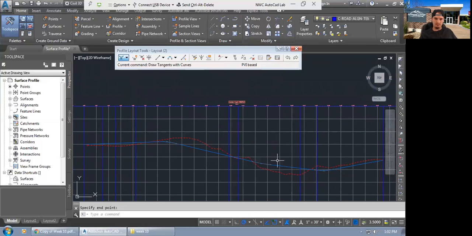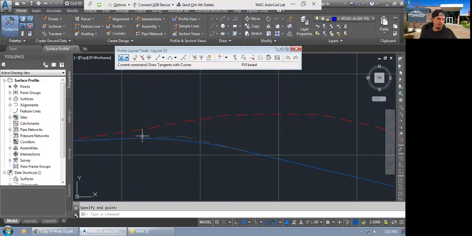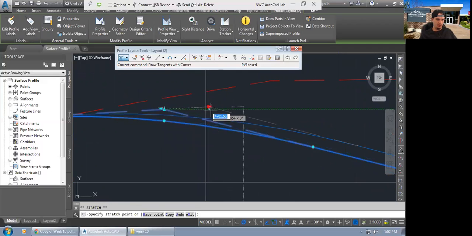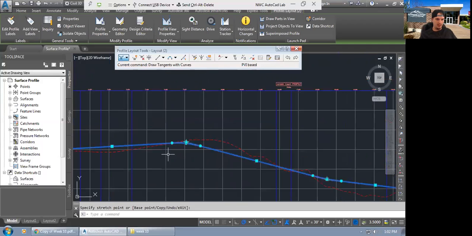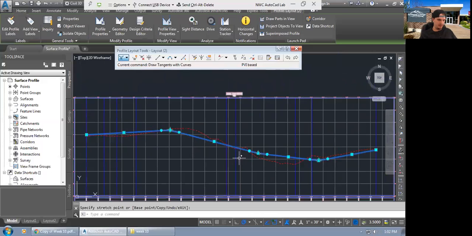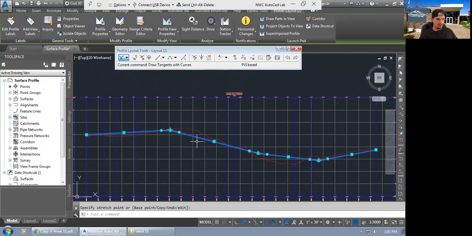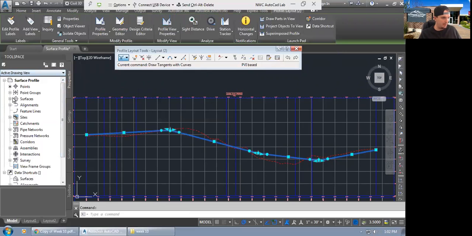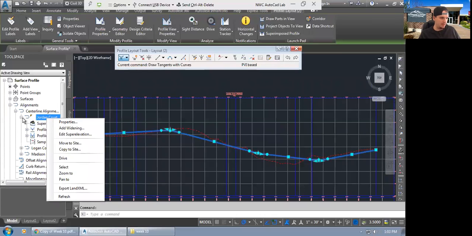So that's a pretty good line. And if you ever wanted to modify your line, you can just click on it and use little grippies, right? This, move it up, move it over, kind of like a lot of things we play with in this class. So what we're going to do is go over to your Prospector tab, Alignments, Center Alignments. We're going to rename this alignment